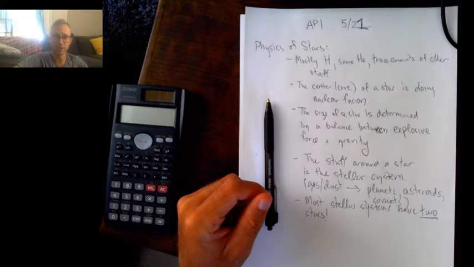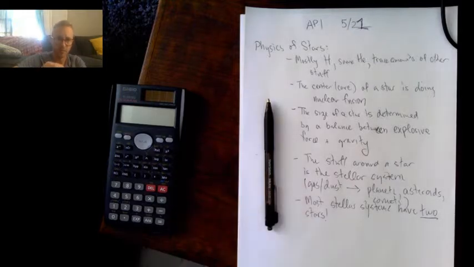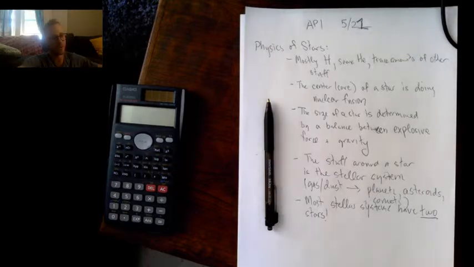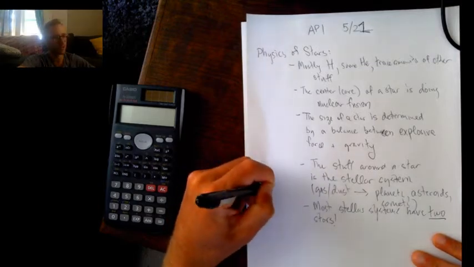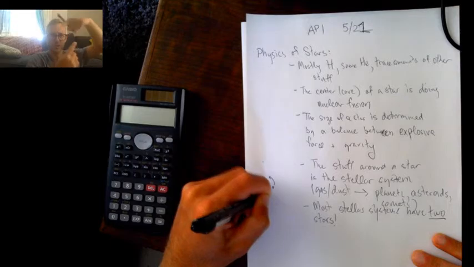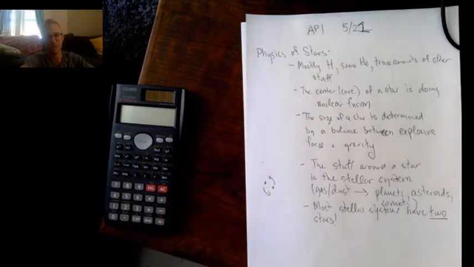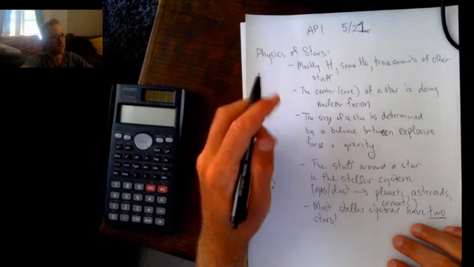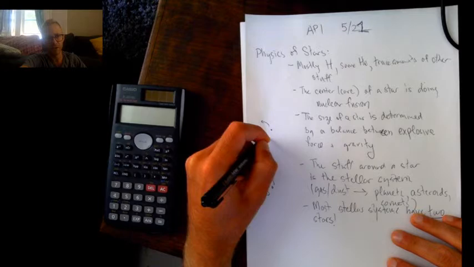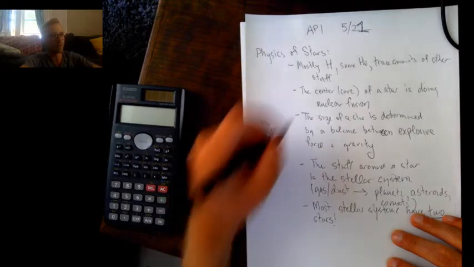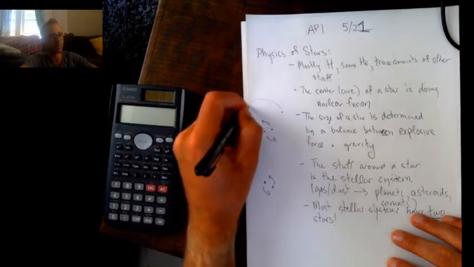In fact, the closest star system to us, which is called the Centauri System, has 3 stars in it. If a system has 2 stars, it's something like 2 stars sort of dancing around each other like this. If you have 3 stars, what it tends to look like is 2 stars, a binary system, but then there might be a third star that's going around both of them.